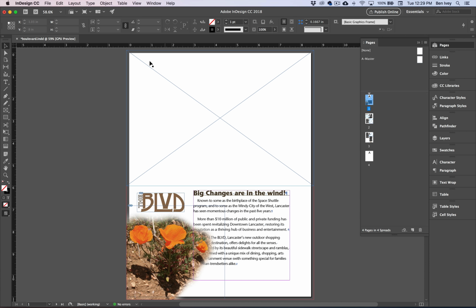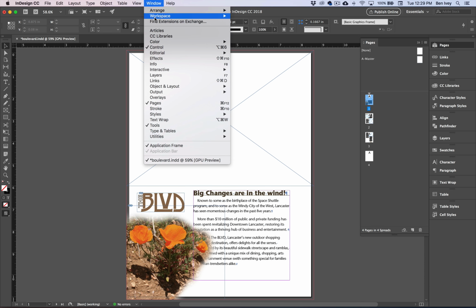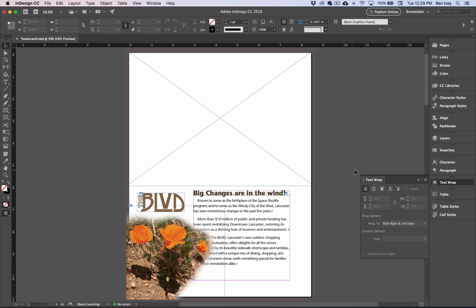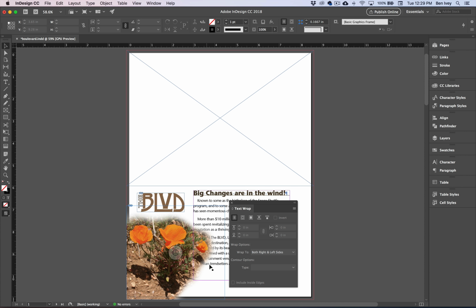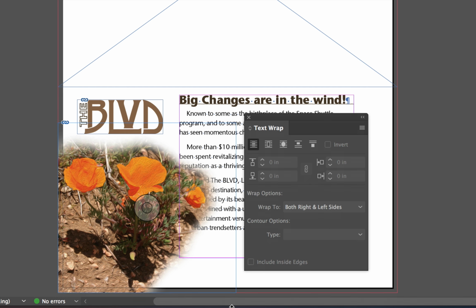Next, we need to turn on text wrapping, so let's go up to Window and open up our text wrap options. I'll drag it off here so we can see it. And in this case, we want it to wrap around not just the text or the picture box, but the actual picture itself. So choose the third option to wrap around the object shape. And then we're going to turn on some outset to push it away from our object. We'll set the outset to be 0.375